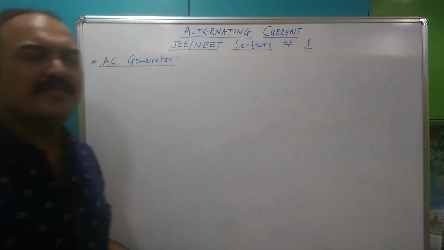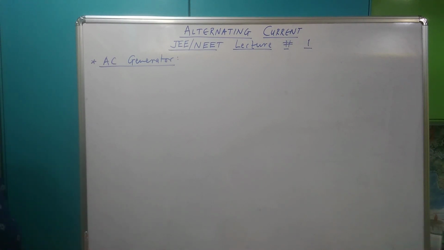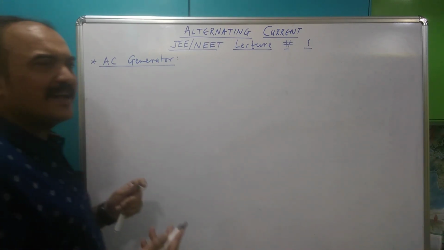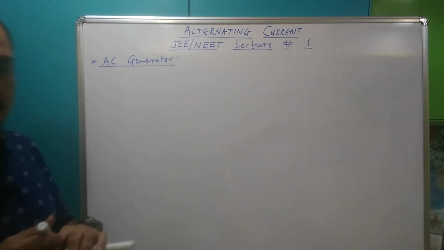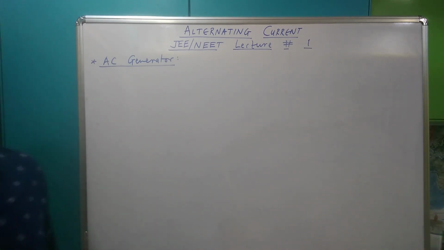Okay, I think we did AC generator in the boards time. So let's just check out what it actually is, and we can work out the details. So AC generator एक ऐसा instrument है which is going to produce alternating current. Alright, so this is how it's going to work out. Just have a look.